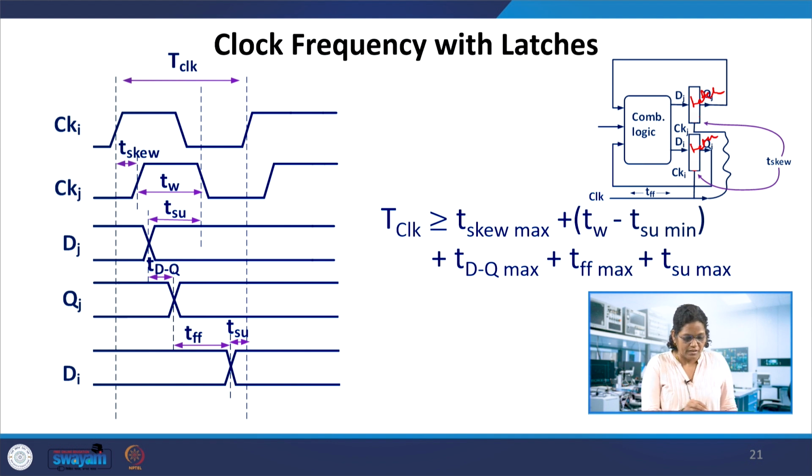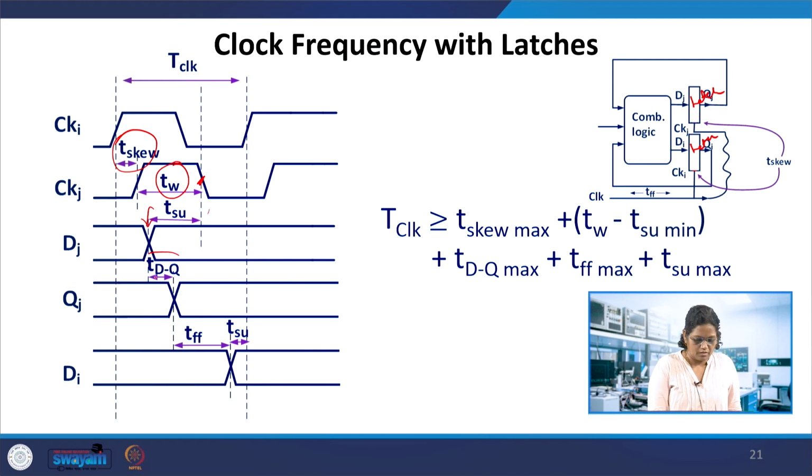Okay, in that case, the Ki and Kj, whose clock has been given here, the clock skew is also there, and the width of the jth clock, this TW, plays a role instead of the clock edge. So TW is the width of this jth clock, and the data which is changing during the clock 1 of jth here, this is the data change. And the inactive clock time, this is the setup time of j.